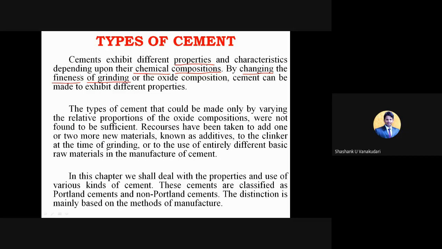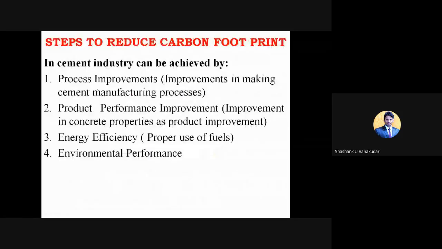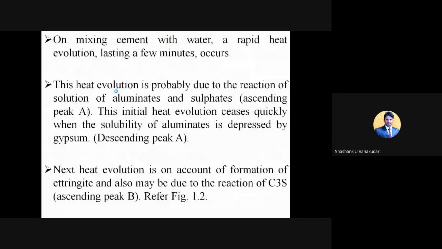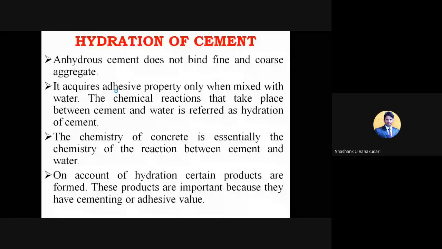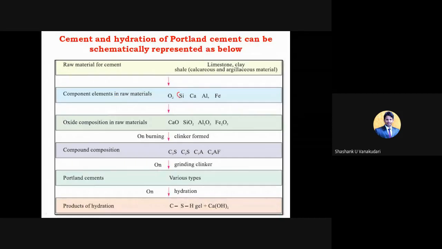We have seen in one flow chart how exactly the chemicals present in the raw materials react with oxygen, the oxides, and form the CSH gel at the end, which liberates calcium hydroxide. Does anyone remember that? Else I will go back to that slide and show you once. In that flow chart, these are the chemicals present in the raw materials, and then they react with oxygen, O2, or these oxides, and form the oxide compositions present in the raw materials.